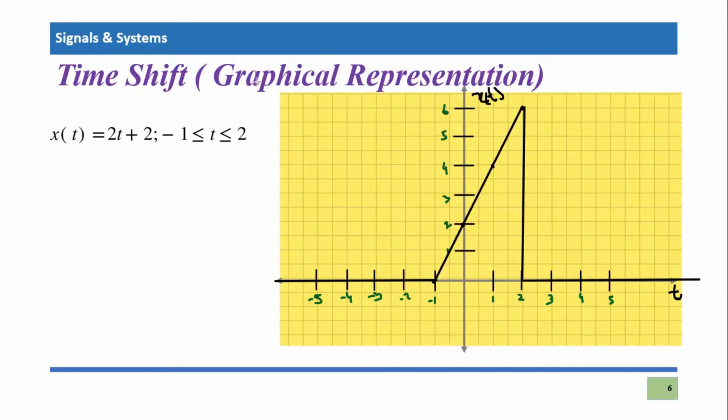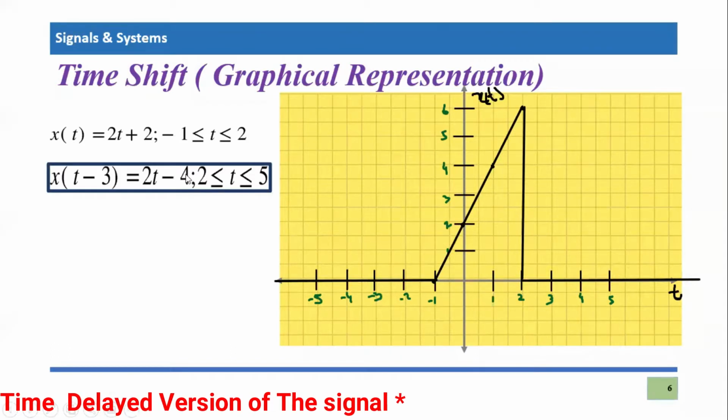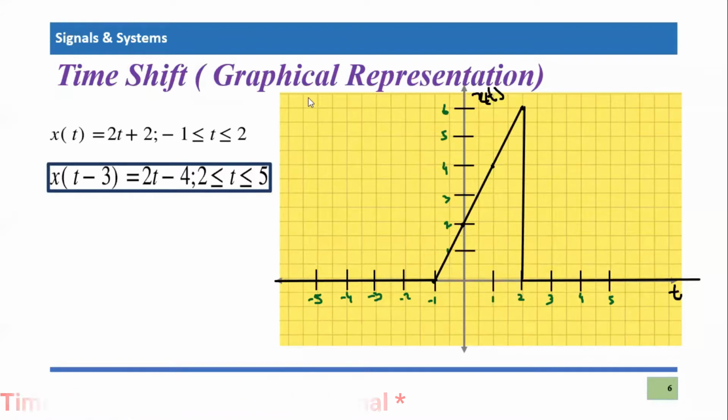Let's say I'm going to draw the time advanced version of the signal. So if I show you, this is the time advanced version. Let's use a blue color to define this signal. If I plot the signal, this is the same mathematical equation which I produced earlier in the mathematical analysis. Look, this is the interval. It will be from 2 to 5, right?